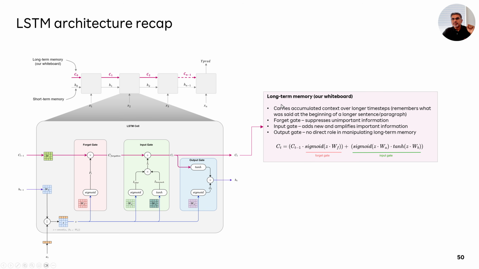The long-term memory basically carries accumulated information or context over long time periods, and it uses the forget gate to suppress unimportant information, and uses the input gate to add new information or amplify important existing information in the long-term memory. The output gate has no direct role in manipulating the long-term memory. It has an indirect role because the output gate changes HT, which is the short-term memory,